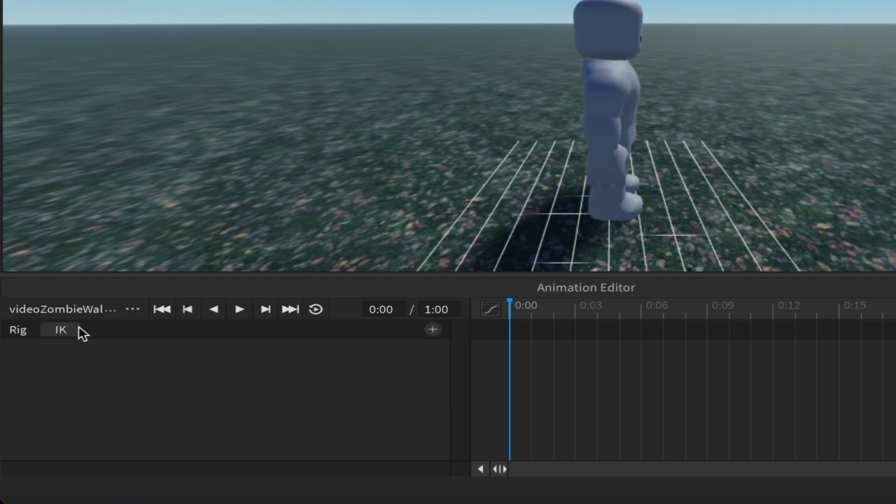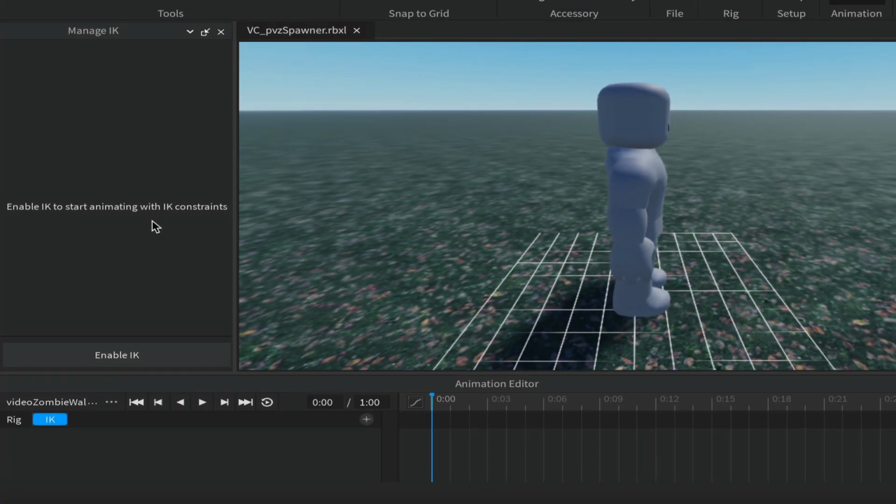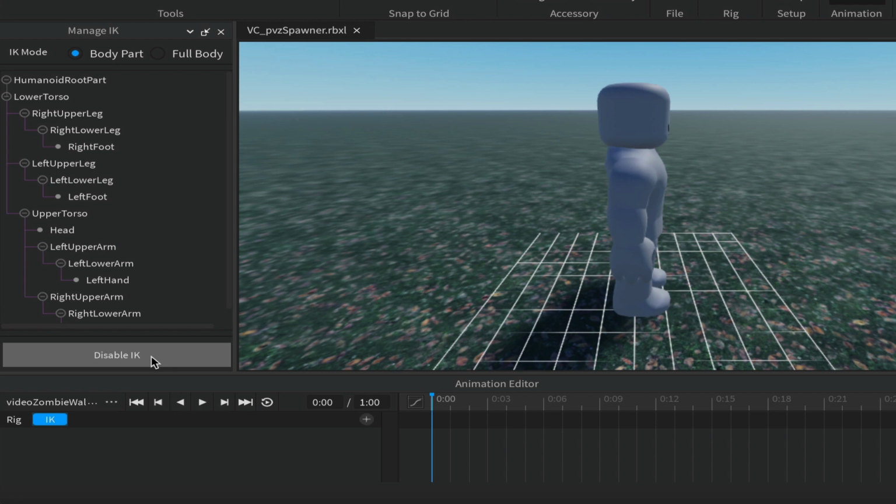Now just below these three dots, you'll find this IK button. So left click on IK, which will bring up another window, and another bigger button here, enable IK. So left click on that one. Now as I'm speaking at the moment, if I right or left click on the upper leg, this rotate tool